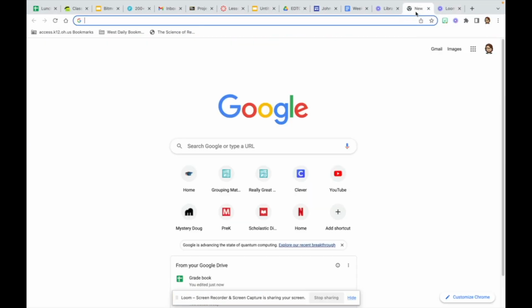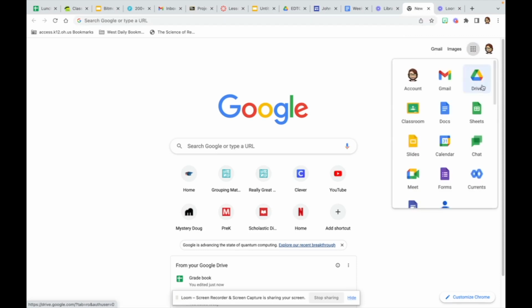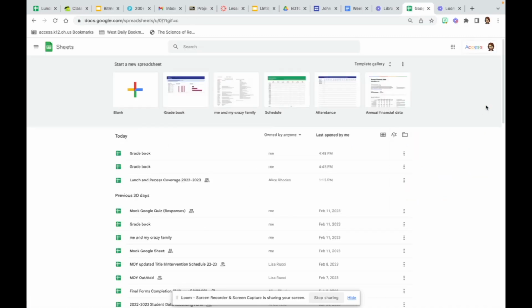As I mentioned, today we are going to be creating a Google Sheet. So what you're going to do here is first click over to your Google Waffle. Once again, you'll have to be logged into your Google account. I'm going to click your Google Waffle here, and we are going to scroll over to Google Sheets, the green icon. When you open this up, you might see the gradebook here automatically, but if not, you can go ahead